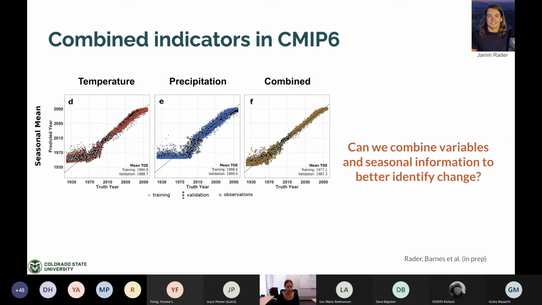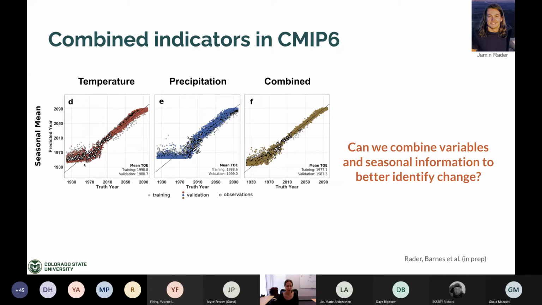If you notice, it starts off quite flat. So the neural network does a terrible job at predicting the year of a map until about the 1970s or 80s. And then suddenly it does quite a good job, with its predictions lying along the one-to-one line. What this tells us is that the neural network is searching for these patterns, these indicators of change that tell us what year it is. That is, if it's hotter, it's probably a later year. However, it can't really find those patterns until the 1970s or so.